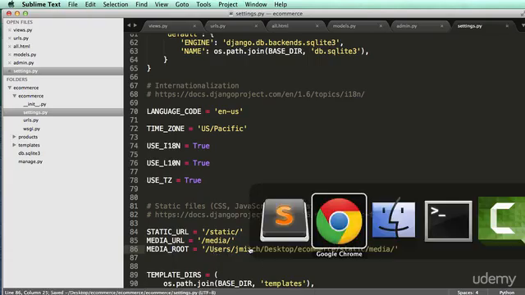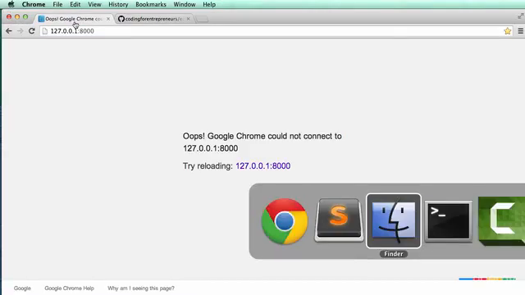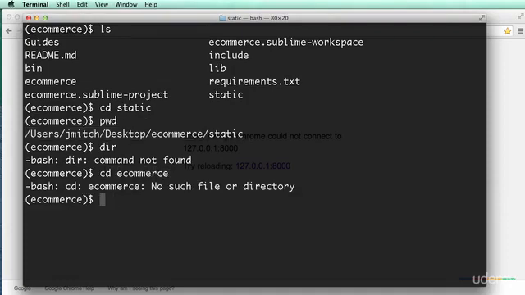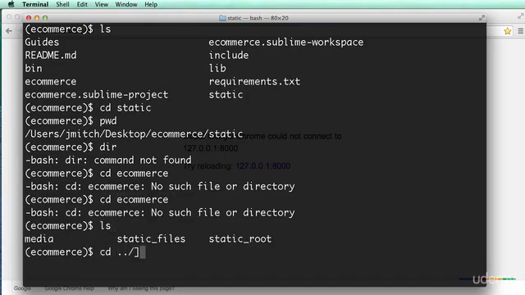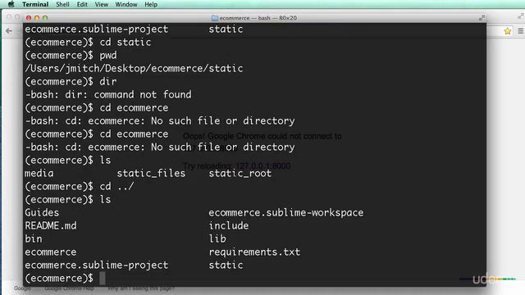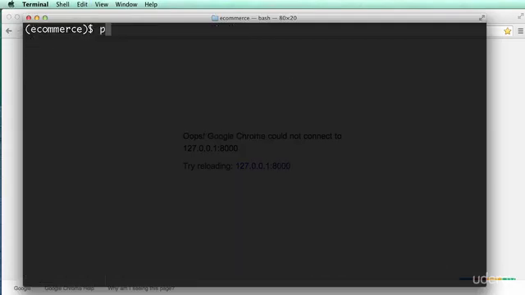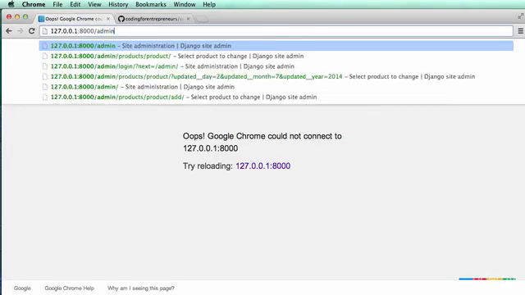So I'm going to save this, and then I'm going to go and start our project again. So cd into e-commerce. Nope, I need to be in the root of the virtual environment to cd into e-commerce. All right, so if I list everything out, I'm going to clear everything and do python manage.py, syncdb, sorry, not syncdb, but runserver. All right, so now it's running the server, and once that's up and going, we are going to go into the admin,